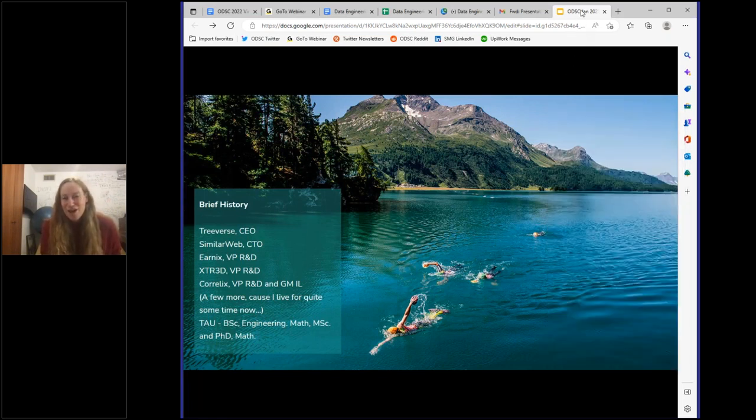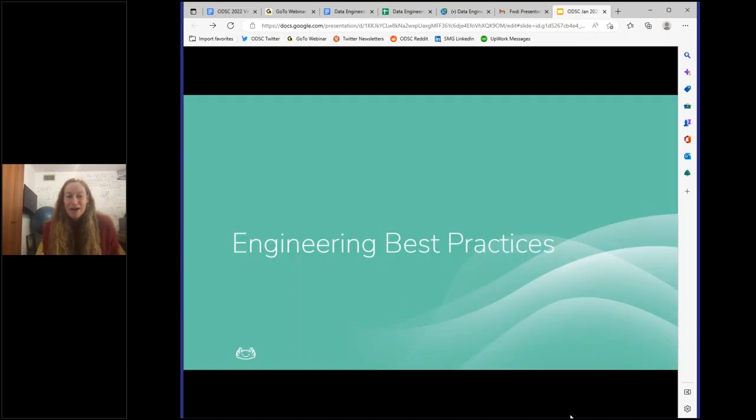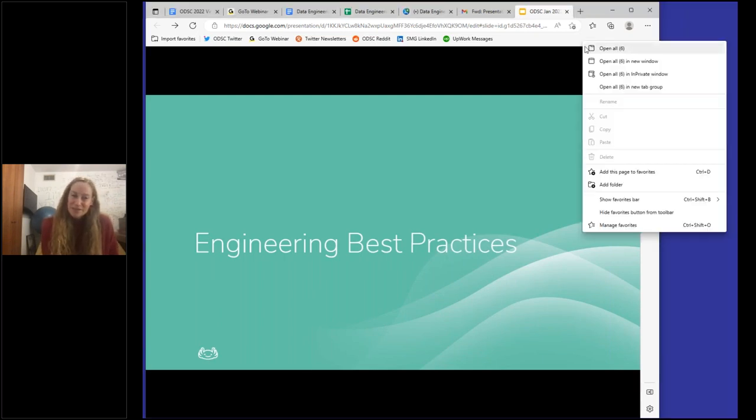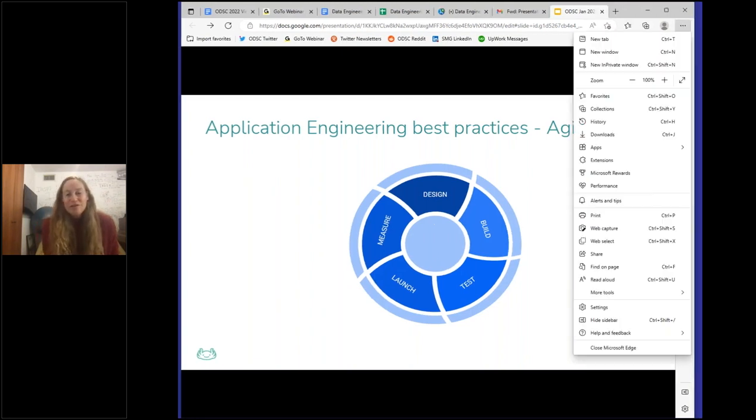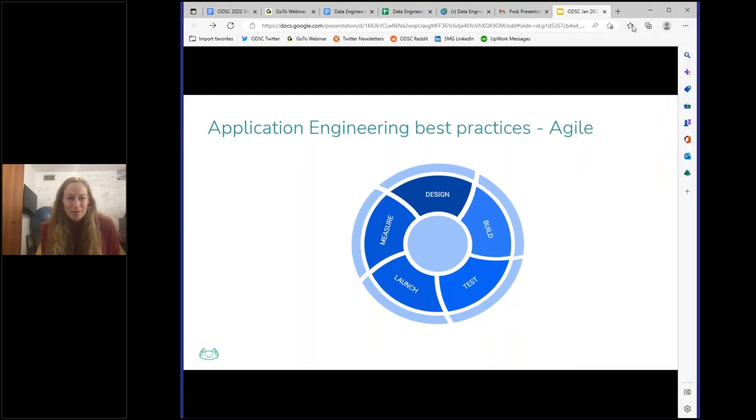Okay, next slide. We would like to talk about how to apply engineering best practices into data engineering and data lakes. So let's agree first, what are the engineering best practices that we would like to consider? Of course, this is a very wide area and there are many good practices. But I would like to focus, next slide please, on the best practices that were born out of the agile methodology revolution. So as I'm sure you all know,